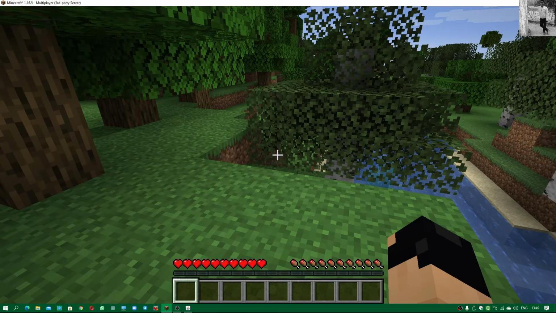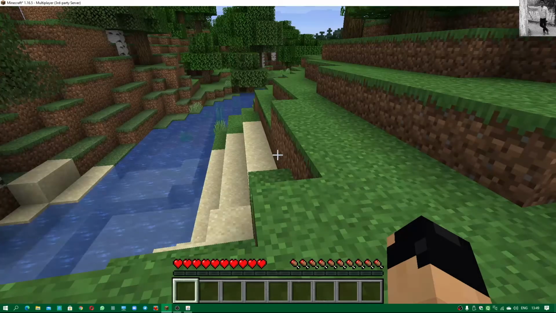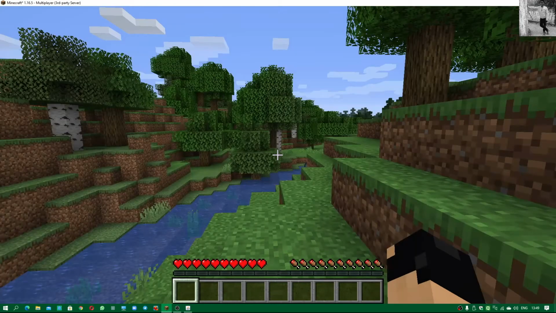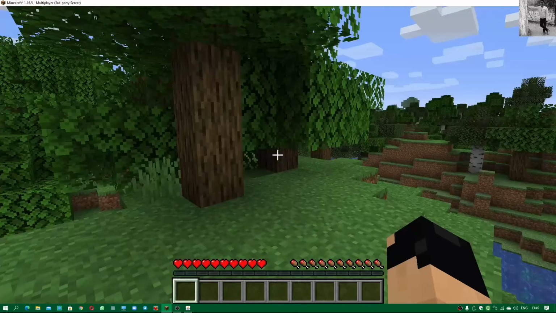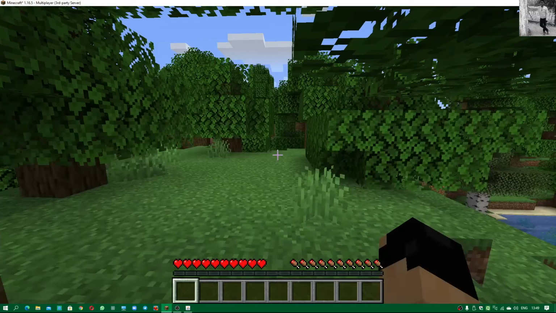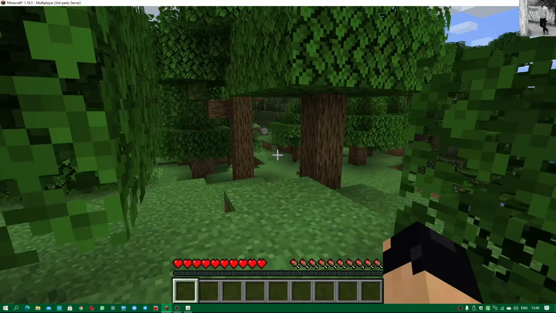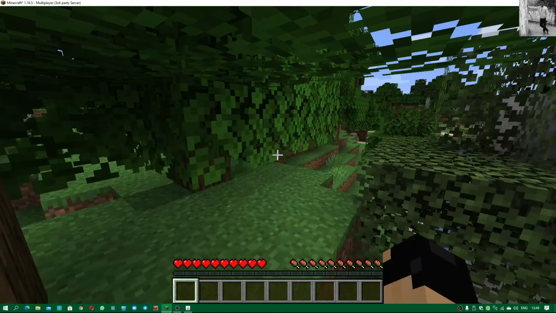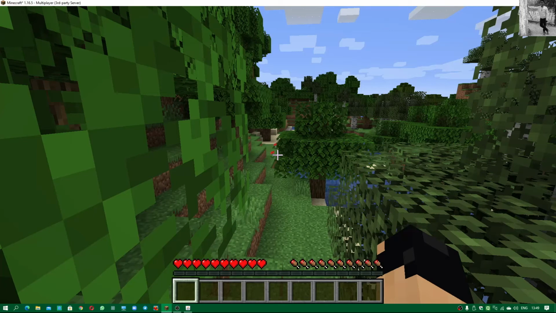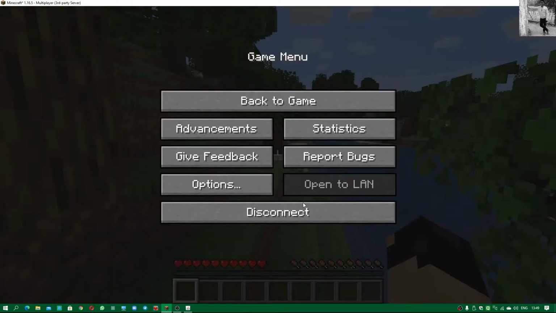The world is generating, so it will lag a little bit, but now once it has stabilized, as you are seeing, I'm able to jump easily where I want. You can also change the game mode and so on, but I'll show you that in a later video. Okay, so as you are seeing, I'm able to connect easily to this, and my friends will also be able to connect, but I'll show you later how to play with friends. Anyways, the landscape is a very good one, as you are able to see. Okay, so now let me disconnect from this server.